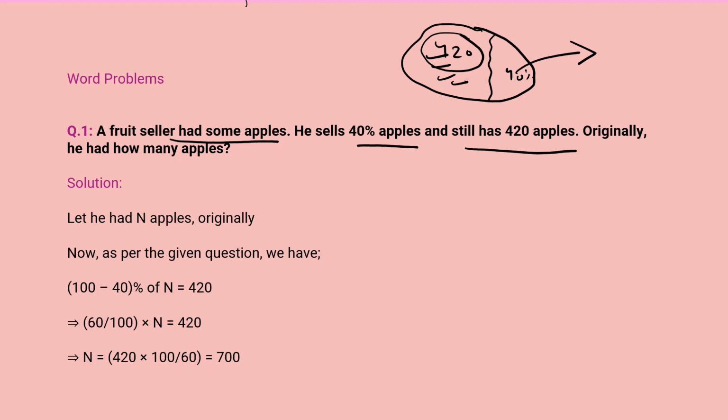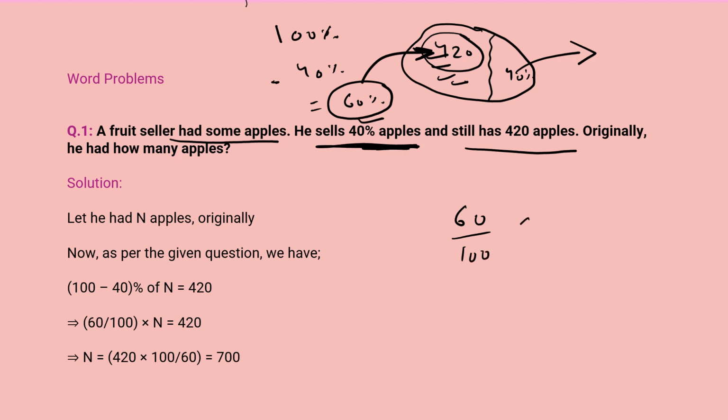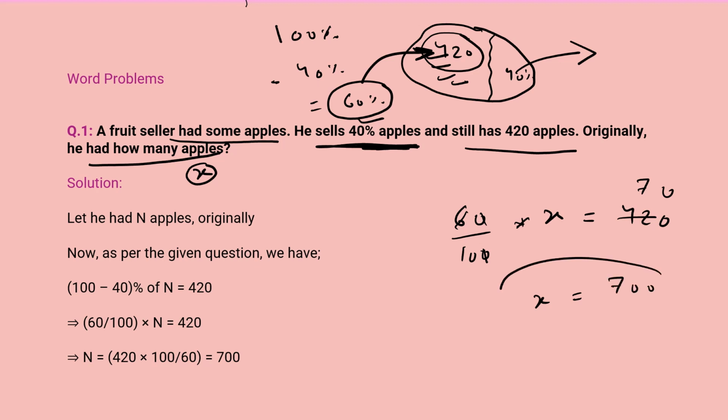परसेंटेज टर्म में कितने एप्पल्स बच गए, अगर हम मानेंगे कि उसके पास 100% एप्पल्स थे, उसने कितने परसेंट एप्पल बेच दिए, 40% एप्पल्स उसने बेच दिए। तो उसके पास कितने एप्पल्स बचे, 100 माइनस 40, 60% एप्पल्स उसके पास बचे। अब इनका वैल्यू है 420। तो 60/100 इंटू x, मान लेते हैं उसके पास x एप्पल्स थे, इसका वैल्यू 420। तो x कितना हो जाएगा, ये 6 यहाँ पे डिवाइड हो जाएगा, 700।